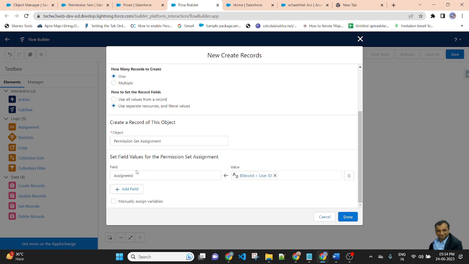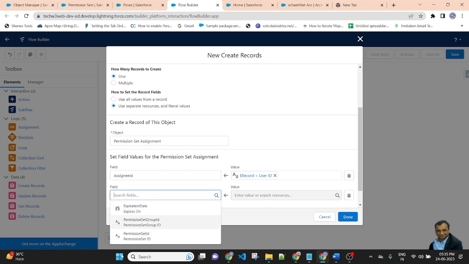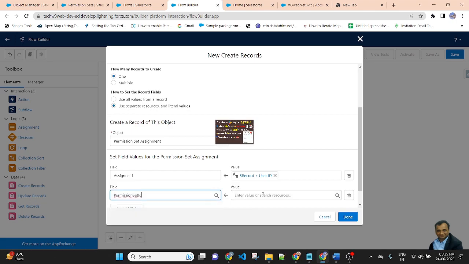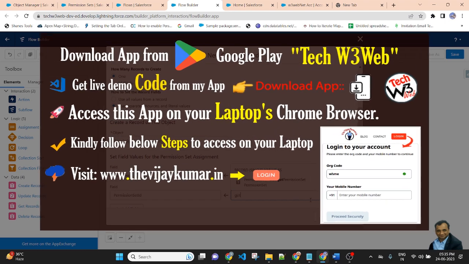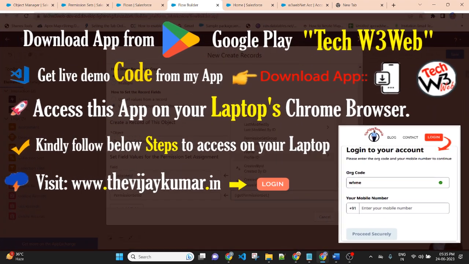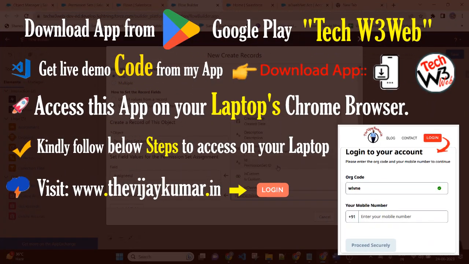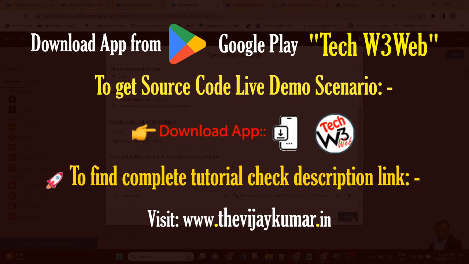So Assignee ID is the field of the permission set assignment, and here we will pass the value of record dot user ID. And add a new field, Permission Set ID. Here we will pass the value from Get Permission Set, dot Permission Set ID. Then done.